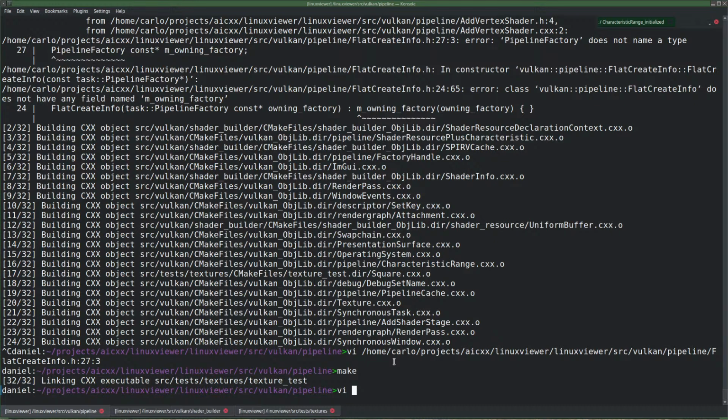Okay, it compiles. So now the flat create info knows about owning factory. And then it can just get that vector or